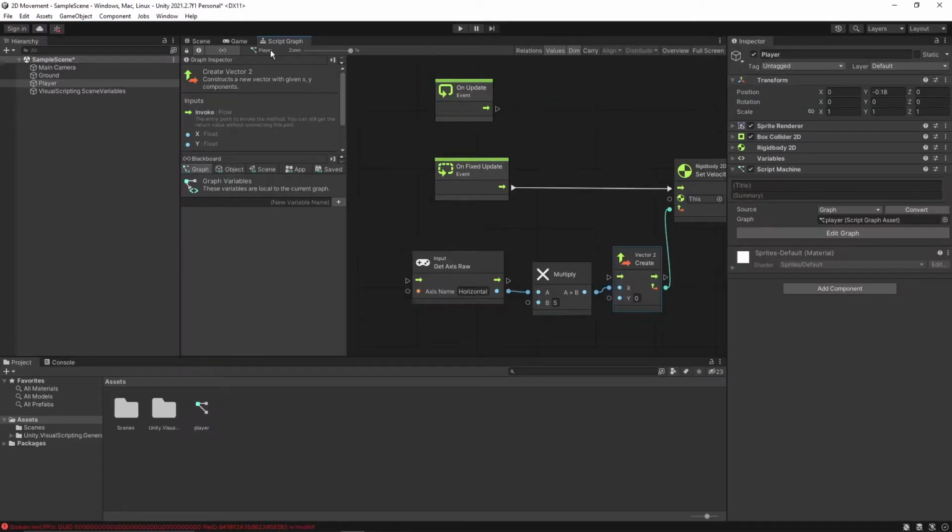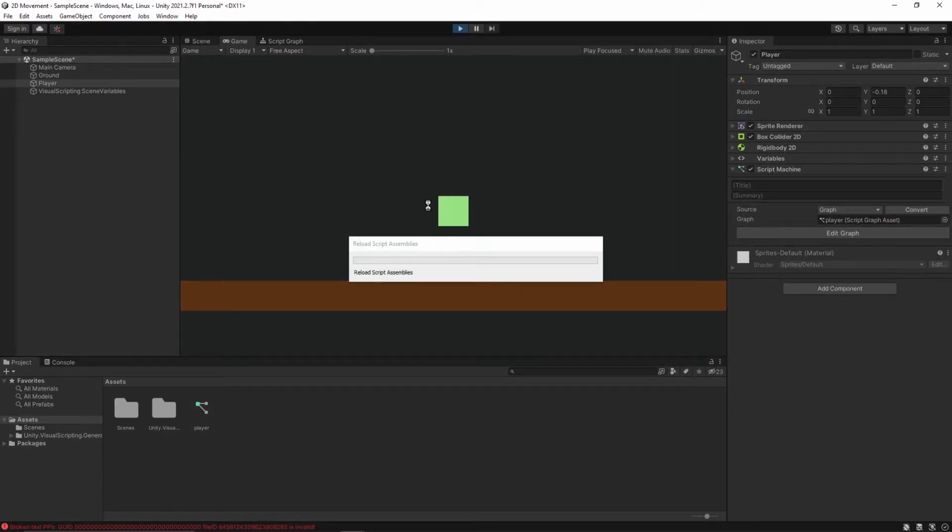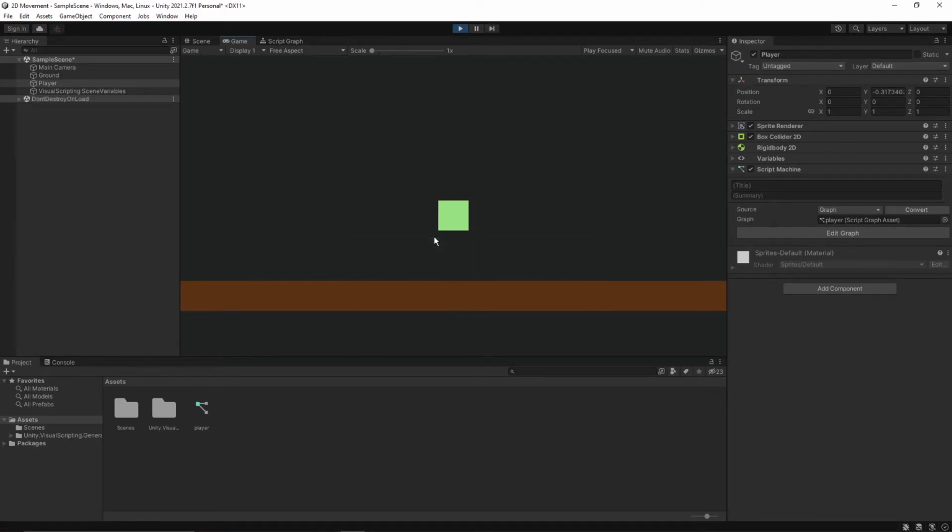Now let's test it out. So I'm pressing D, it's going there. So our movement is working fine in the left and right direction.